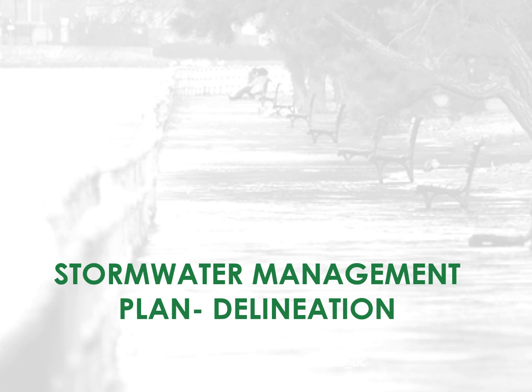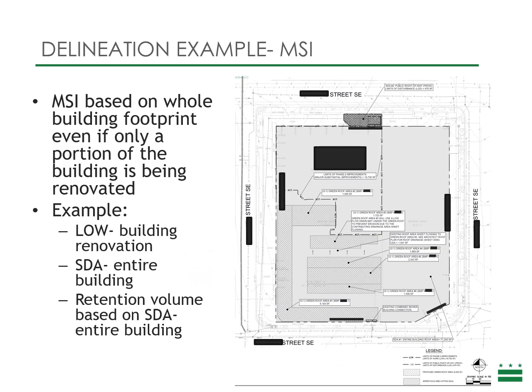In this section, we will go over various delineations for stormwater management. Our first example is how to delineate major substantial improvement. As a reminder, major substantial improvement is based on the whole building footprint, even if only a portion of the